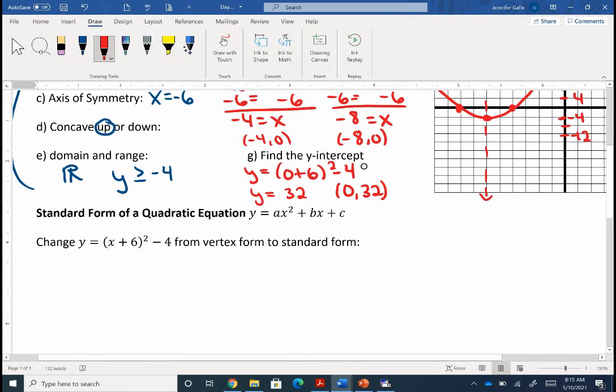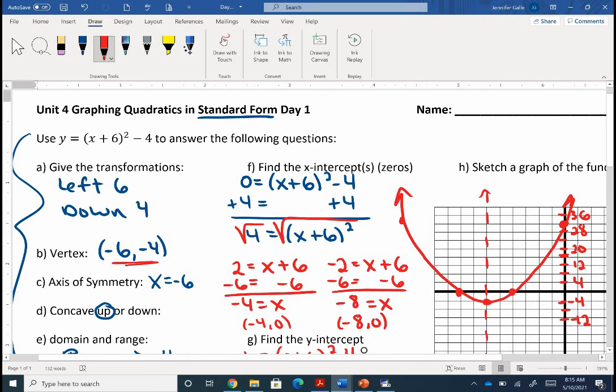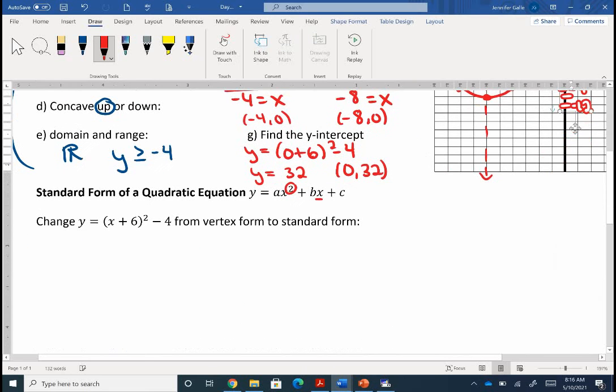In standard form of a quadratic, we still have our highest exponent is a 2. But instead of just having one x in our equation, I also have a second x. Notice in our vertex form, anytime we did vertex form all last unit, we just had a single x. It's always part of our squared term, whether it was just x squared or whether it was x plus or minus something squared. There was always just one x. Now with standard form, we have our x that's being squared, but we also have an x to the first